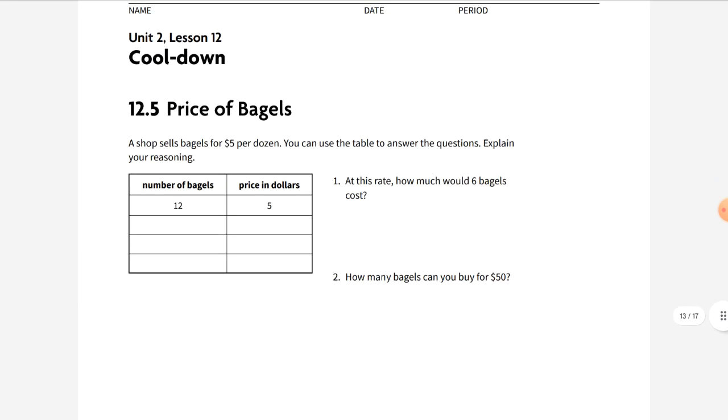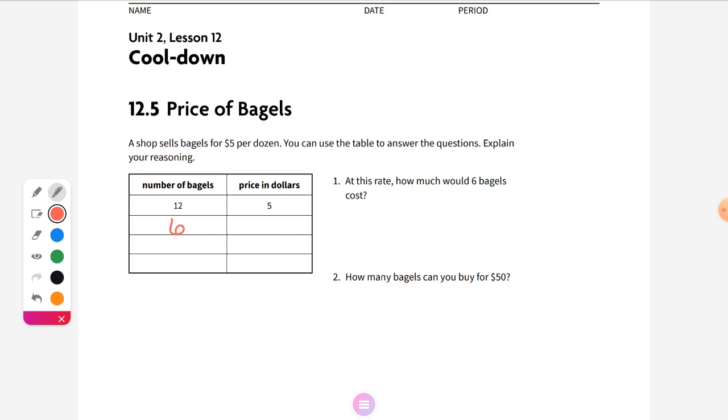is the bagel problem. It's on the back. A shop sells bagels for $5 per dozen. You can use the table to answer the questions. Explain your reasoning. Now, it says, at this rate, how much would 6 bagels cost? Lost my marker. Nope, there it is. Okay, so if I'm looking for 6 bagels,